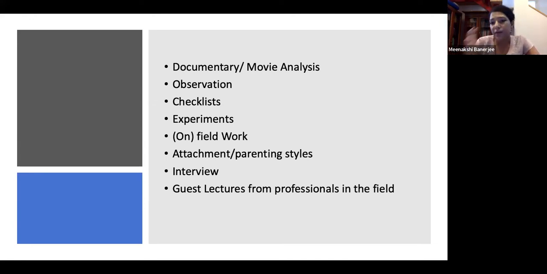We'll be looking at interview as a tool for developmental psychologists. How do developmental psychologists structure their interviews? What are the different kinds of interviews, and how to conduct a successful interview to get the kind of information that you're looking for. Towards the end of the course, we also have plans to have guest lectures from professionals